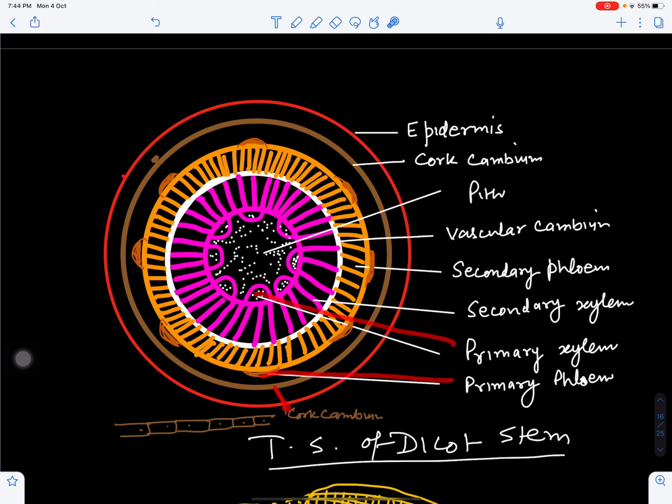We'll just study the cellular details of this diagram and we will understand all the things. Now this part is called as cork, and this is interrupted at places by means of lenticels which help in gaseous exchange. This is the cork cambium which will cut off secondary cortex toward the inner side and cork cells toward the outer side. So this is how secondary growth occurs, and we can see here diameter of the stem